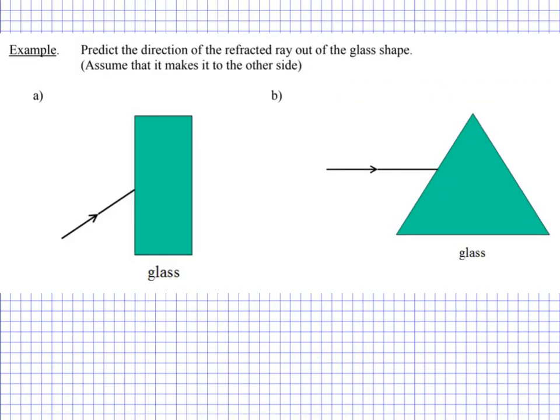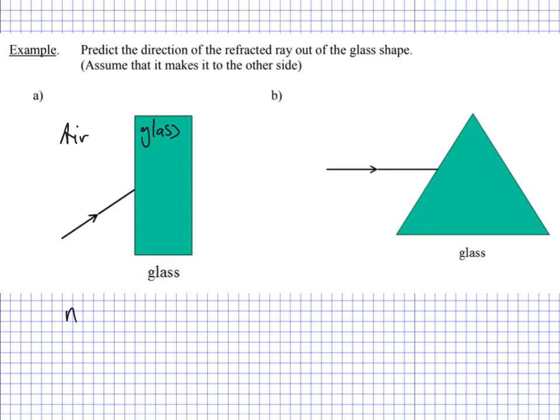Okay, so for example 2 in this section, we are just qualitatively predicting the directions of the refractive ray out of the glass. We're assuming it makes it out the other side. So we're going from air to glass, and it's important to just think this through qualitatively. So if you're going from air to glass, the refractive index is going to go up. And if the refractive index goes up, then the speed is going to slow down, because we have, remember from